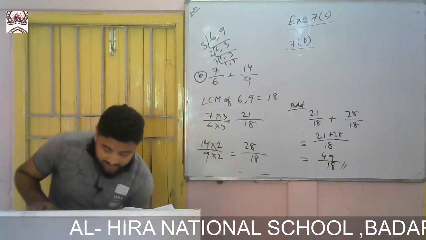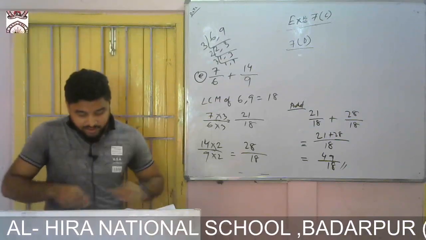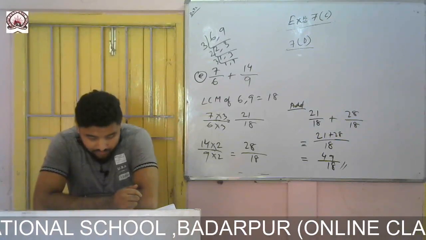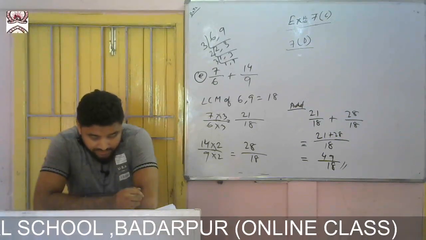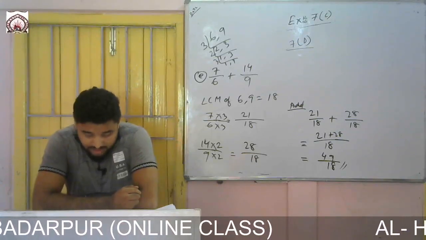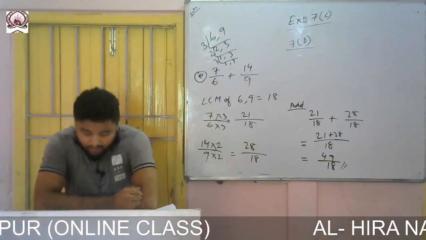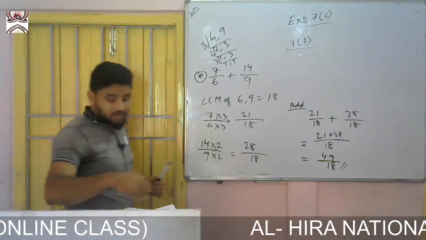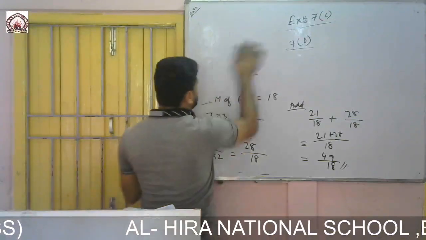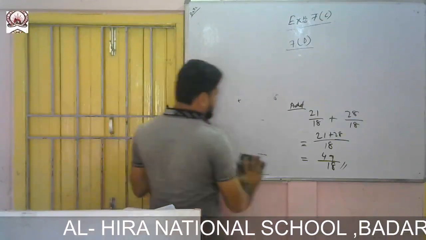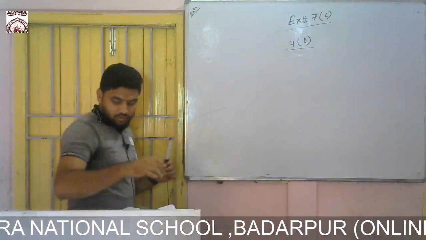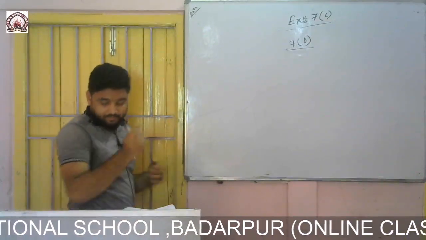2 by 3 plus 1 by 6. So these all are same. Okay. So let me do from everyone 2. All are same process. 2 by 3, 1 by 6. Okay. So let me do question number B and question number D, and 1 and C you do. Question number B and question number D. So question number B.